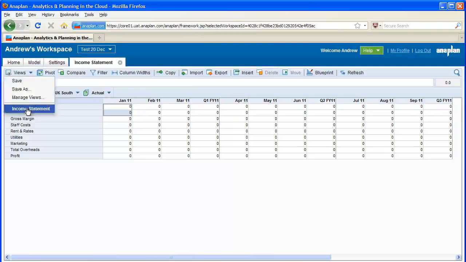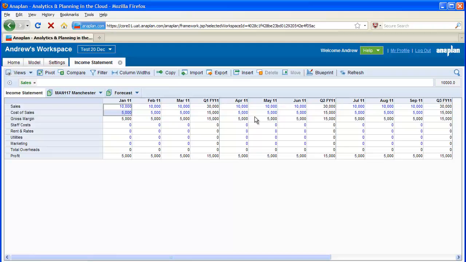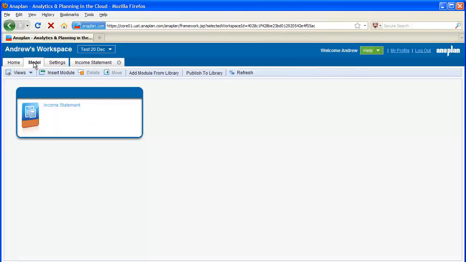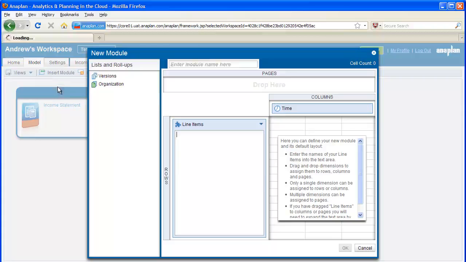If I click on View Income Statement, it takes me back to my front page. Now I'm going to create another module. In this case it's going to be called Overheads. So again, click on Insert Module, give it a name,